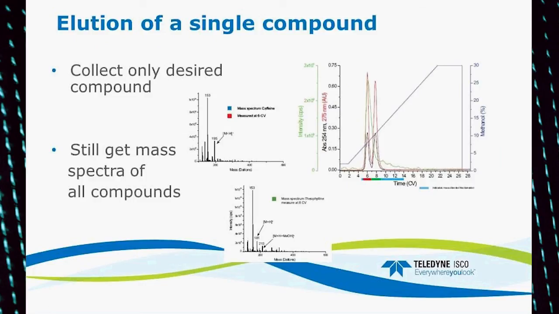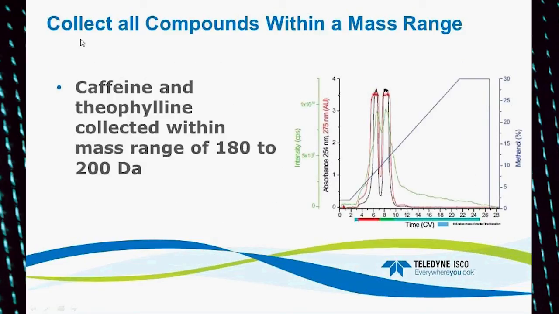And this looks like it's just the same one repeated. Another example is to collect all compounds within a mass range. So what we did in this example, we collected both caffeine and theophylline because we looked at a mass range